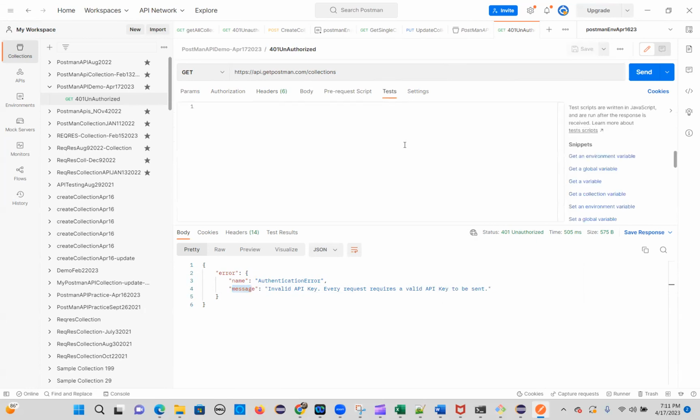So go to the Test tab in the request section. When you select the Test tab, on the right-hand side you have all the predefined code snippets. Just go and select "Status code is 200". You don't need to do anything else, just change the test name. The test name I'm going to change to